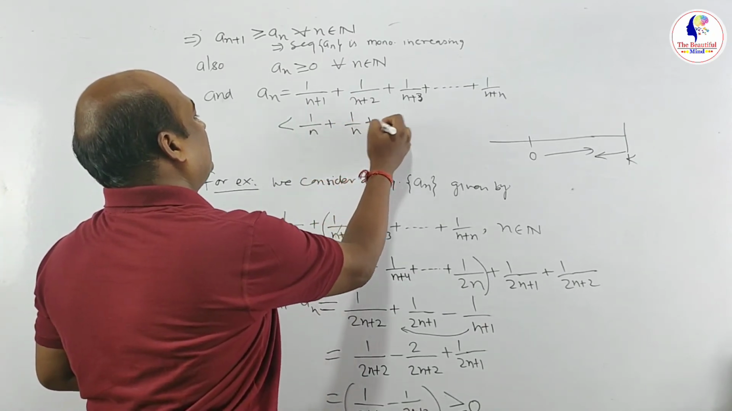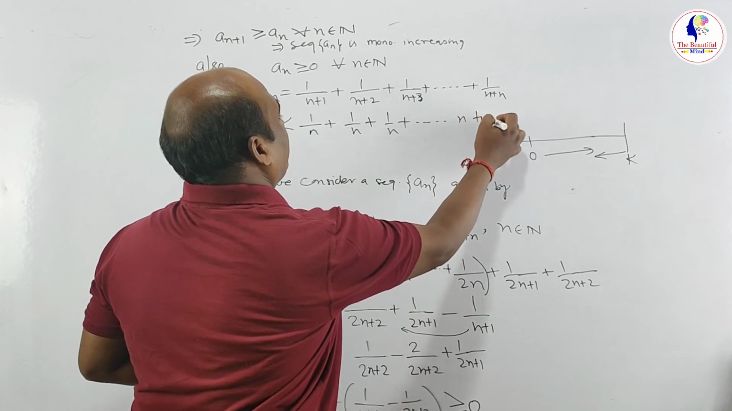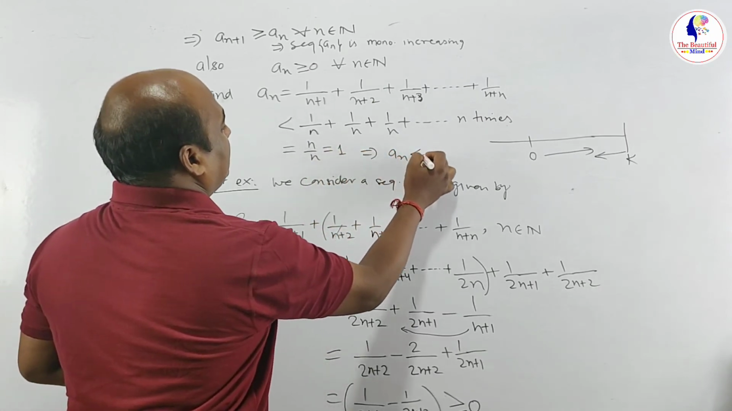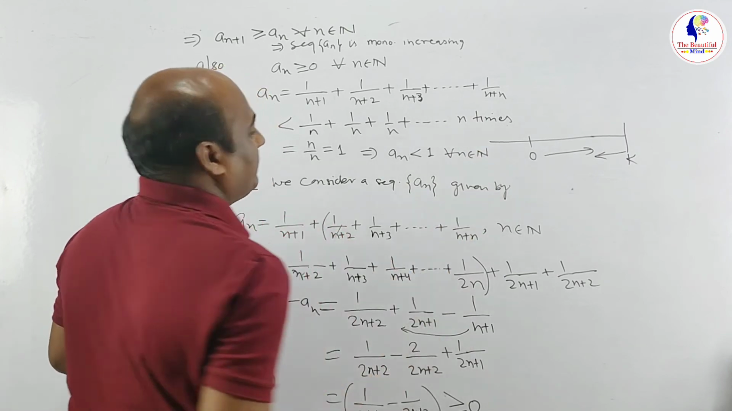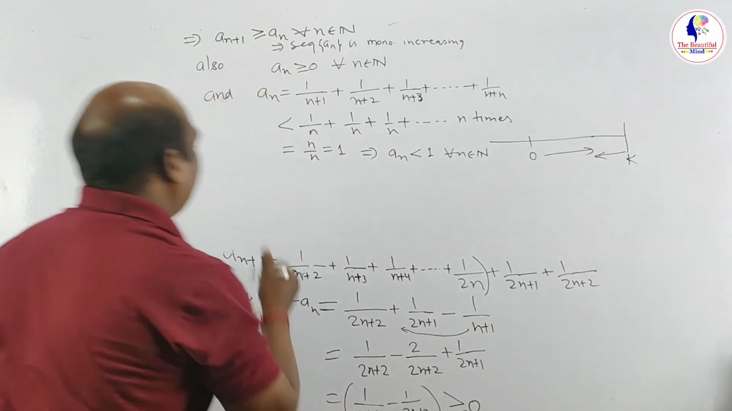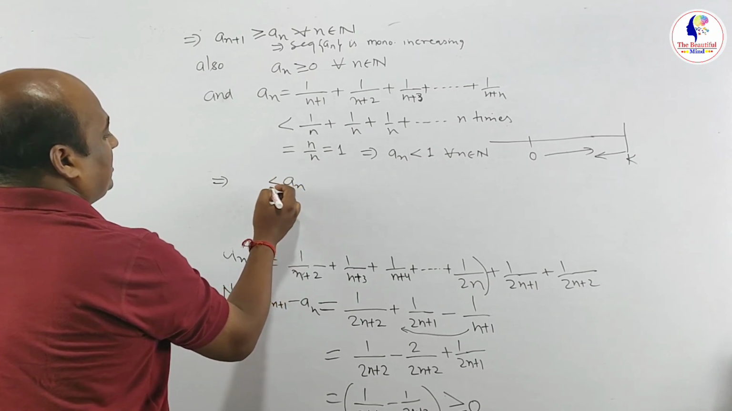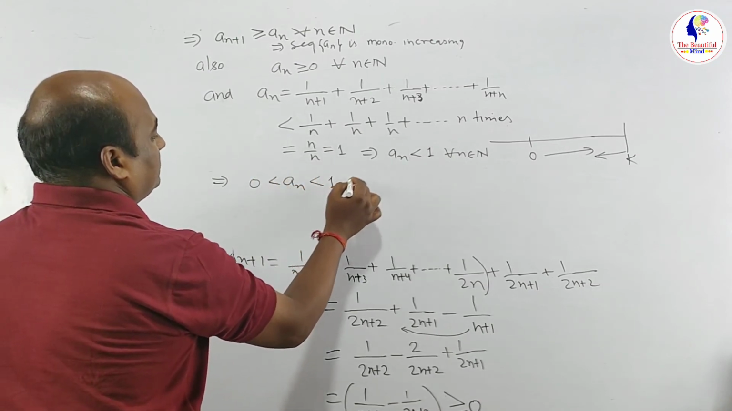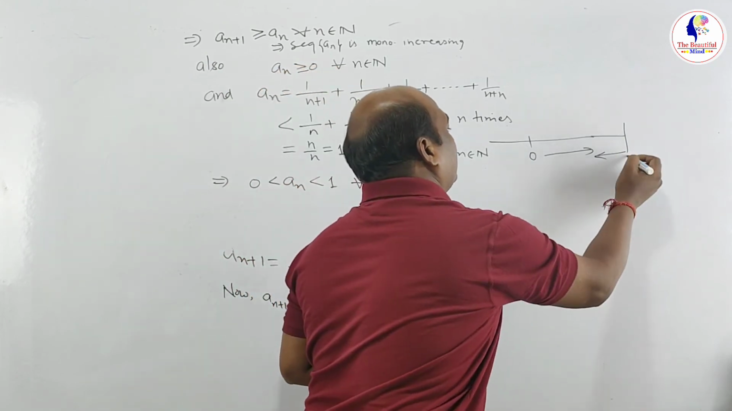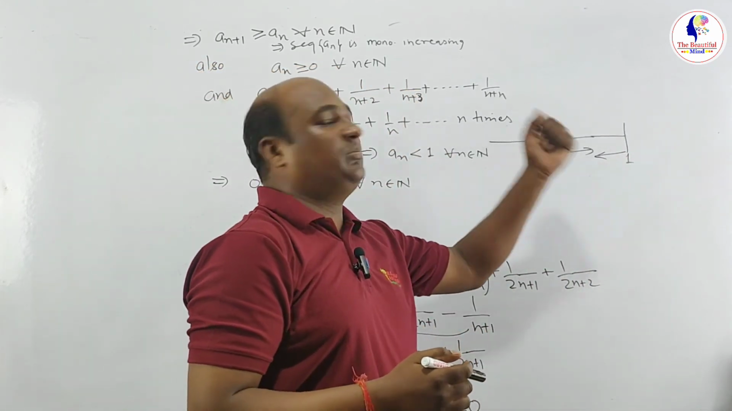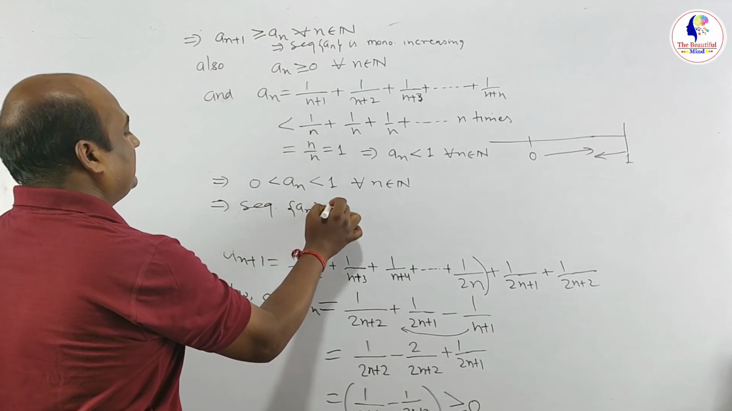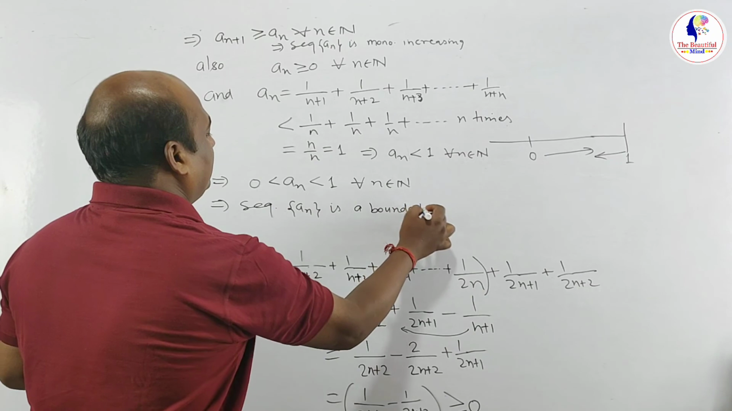So 1/n plus 1/n plus 1/n plus ... n times, this is equal to n/n, this is equal to 1. This implies that a(n) is less than 1 for all n belongs to the set of natural numbers. Okay, so this implies that each term of sequence a(n) is greater than 0 and less than 1. What did we get? We got 1 here, that is, every term of the sequence lies between 0 and 1. This implies that sequence a(n) is a bounded sequence,